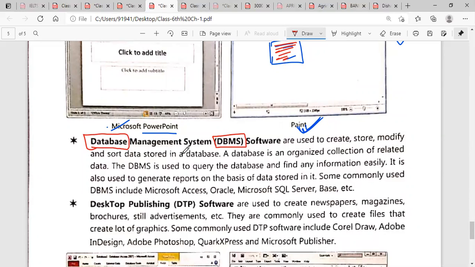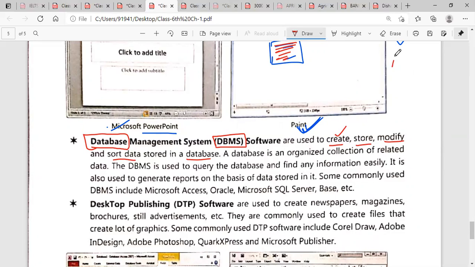In banking, we can also manage a database of the customers in any software. DBMS is used to create, store, modify and sort data stored in a database. Now, what things are included in the DBMS? DBMS is used to create data.